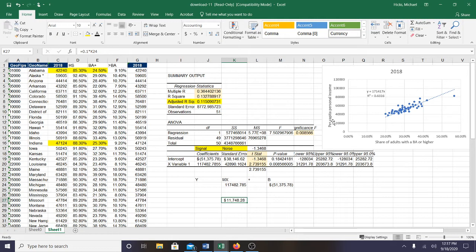So if we were to add industry mix here, or weather conditions, or share of manufacturing, or average age of the population, each of those would affect these variables in ways that are meaningful in explaining the relationship between each. So this raw correlation, or the regression between a share of adults with a bachelor's degree or higher and per capita personal income, tells us something interesting, but until we control for other variables, we wouldn't be really able to